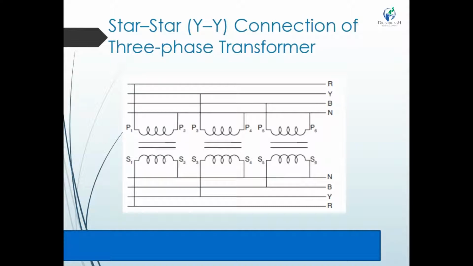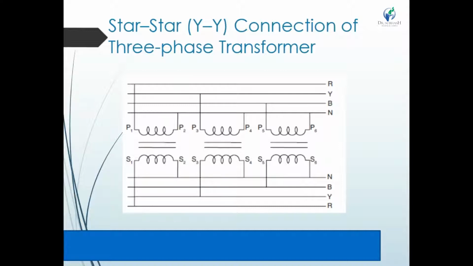Now we discuss the tertiary winding and connections like star-star connection, delta-delta, and many more. Generally, three-phase transformers are divided into several types based on connections in the primary and secondary sides. Their main types are star-star connection, delta-delta connection, delta-star connection, star-delta connection, open delta or V-V connection, or Scott connection. Now we discuss all types in detail.